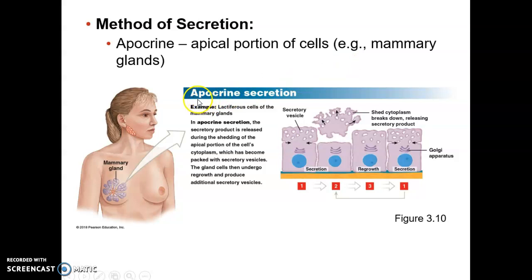So this is the type of secretion called apocrine secretion, and that occurs in the lactiferous cells that are producing mother's milk in the mammary glands of the female. So another secretory method. And then the cells regrow and just simply secrete